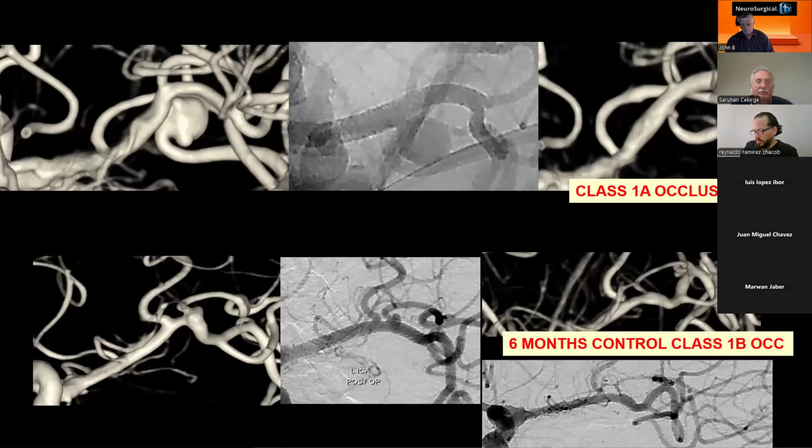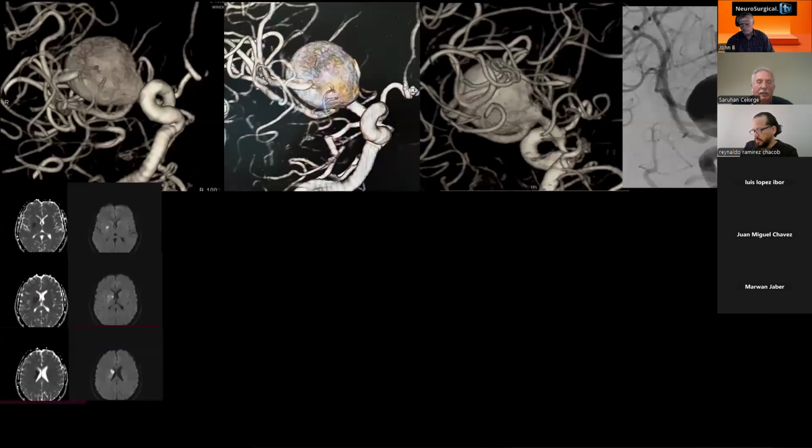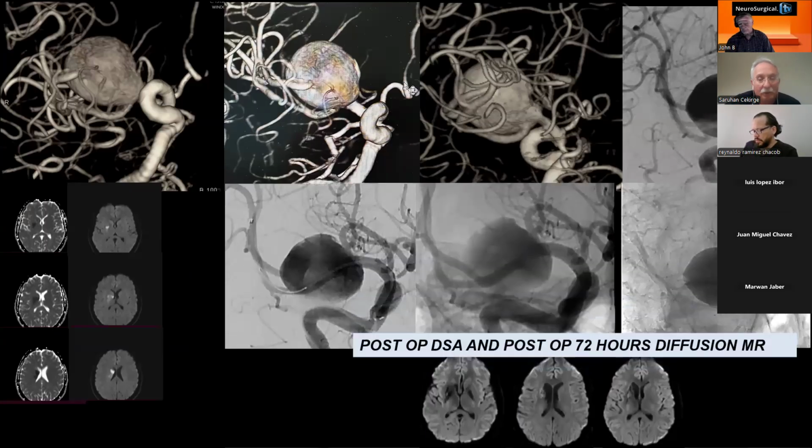So, class 1A occlusion, 2 examples. And basically, this is a class 1C occlusion. The superior trunk is coming off the aneurysm sac, a giant aneurysm presented with ischemia. The patient was put on ticagrelor since there was an ischemia. And you see that for this giant aneurysm we could spend hours to bypass this neck, to do Y-stent assisted coiling, or a surgeon could spend hours